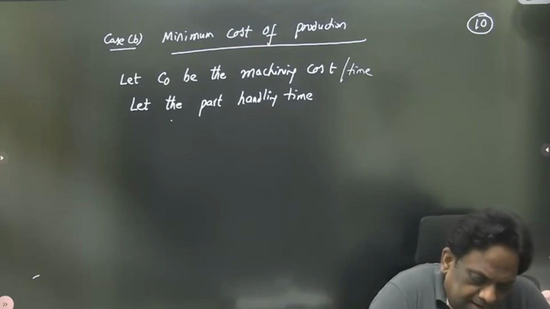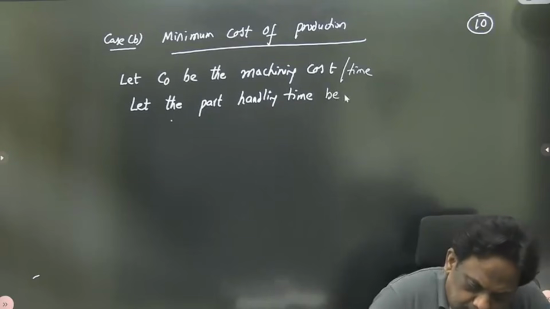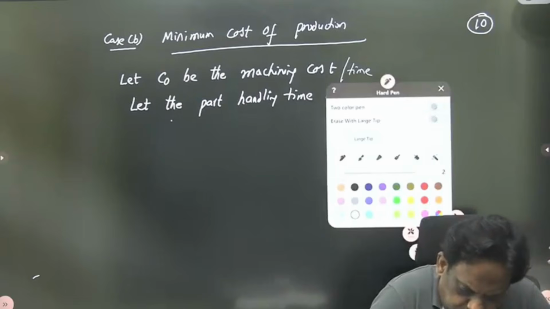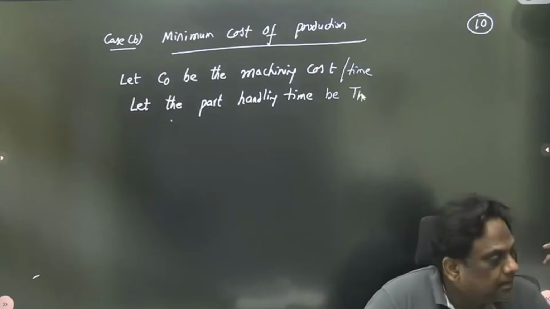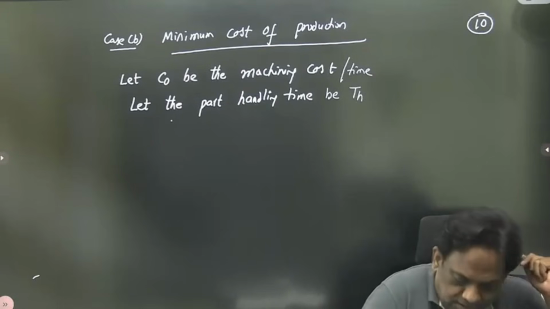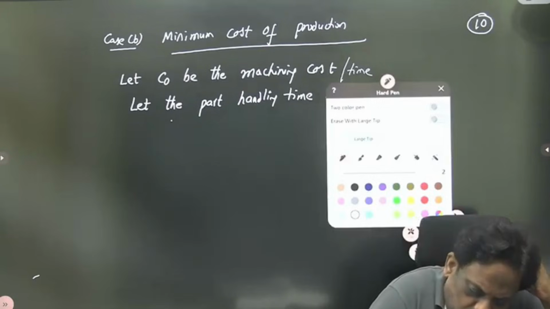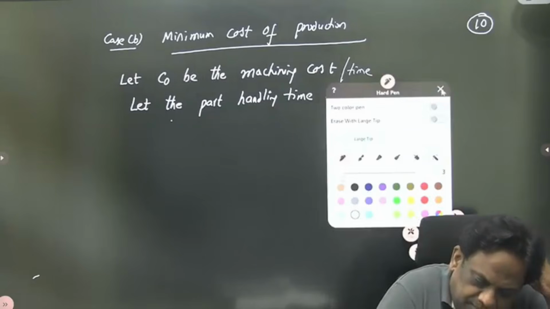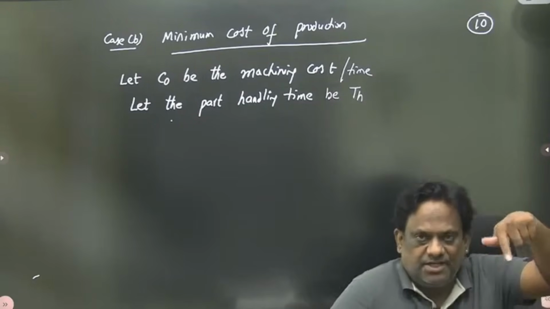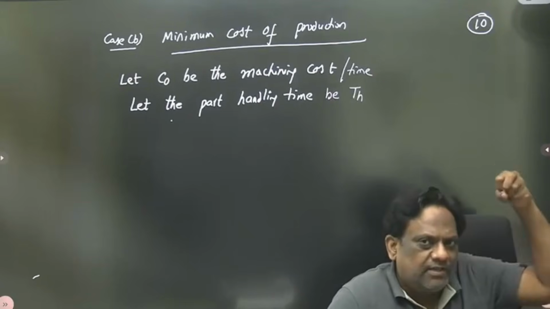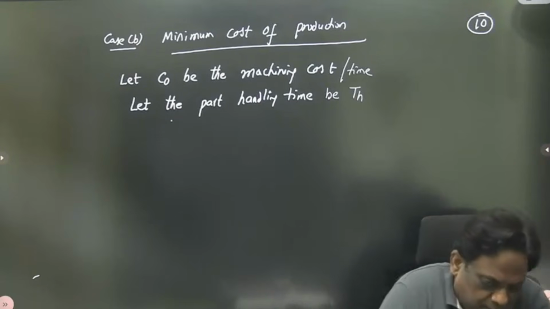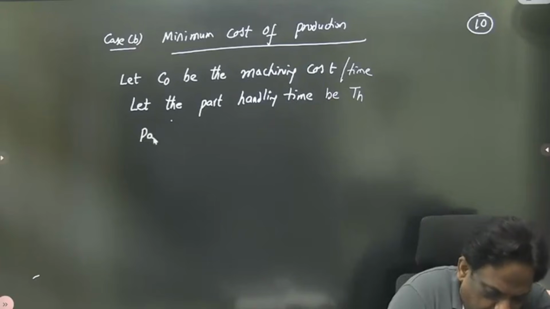Let the part handling time be th. What do you mean by part handling time, sir? Something like setting the workpiece on the machine. So you are loading the workpiece, you are unloading the workpiece. That is your th. So therefore, part handling cost